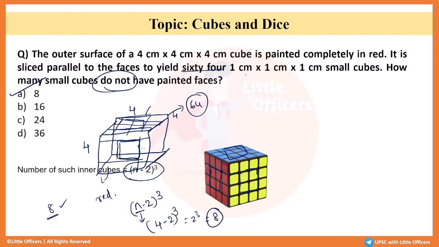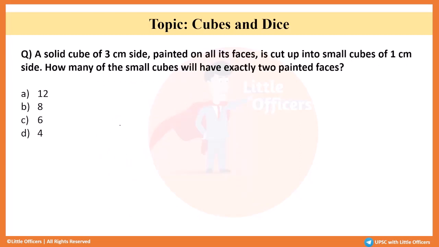ठीक है, ये -2 भी क्यों आ रहा है, क्योंकि यहाँ पर ये दो साइड कट के हट जाएगा, यहाँ पर और इस साइड पे, इस साइड पे। ठीक है, ऐसे सारे साइड से दो साइड्स कट जाएगा, एंड दैट्स द रीजन वाई सेंटर पोर्शन पे जो आएगा वो वाला यहाँ पर चला गया, ये चला गया। ऊपर से 2 साइड चला गया, साइड से भी 2 चला गया, ये वाला पोर्शन, ये भी इसको नहीं कवर कर रहे हैं हम, सरफेस वाला, इसके अंदर जो आएगा उसको कवर कर रहे हैं। सो दिस इज हाउ वी सॉल्व दिस क्वेश्चन।